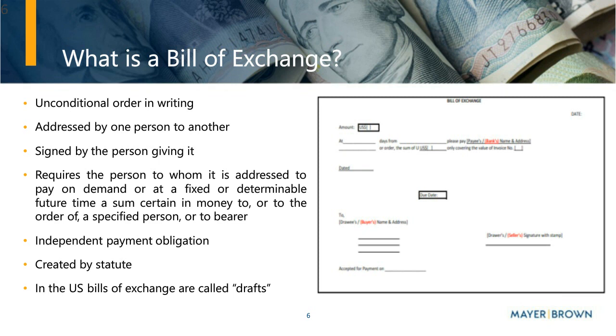So if what you're seeing on the screen isn't familiar to you, then that's okay, right? But generally speaking, overall, there are some very common rules, and of course, what makes a bill of exchange is that essentially it's an unconditional instrument or order in writing, addressed by one person to another, signed by the person giving it, and it requires the person to whom it's addressed to pay on demand or at a fixed or specific time in the future or a determinable time in the future a sum of money that is either fixed or determinable on the face of the instrument to a specific person to order, i.e. to the person who the original payee assigns it to, or to bearer.